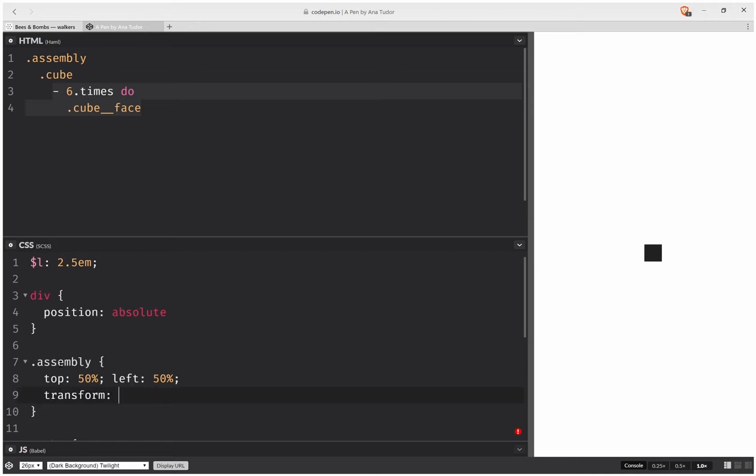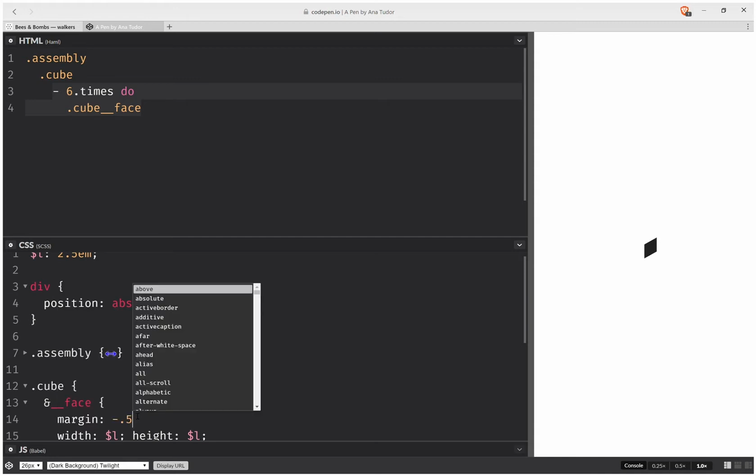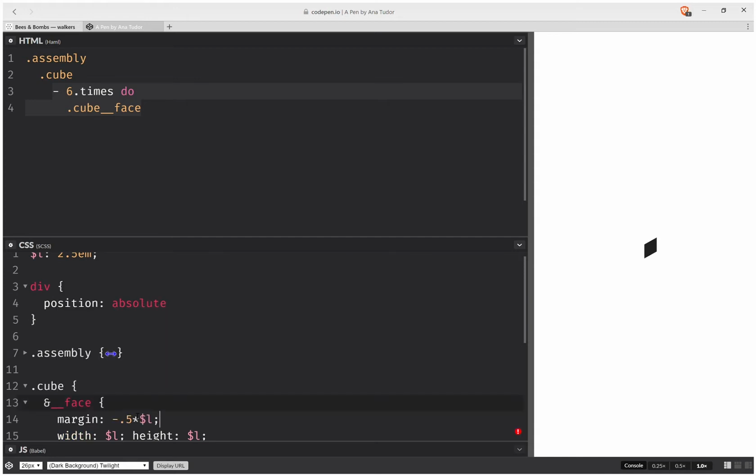So transform, rotate X, something like this, and a rotate Y, something like this. And I think this is it for the entire assembly. Here I'm also going to want to set a margin that's minus half the edge length. Okay,